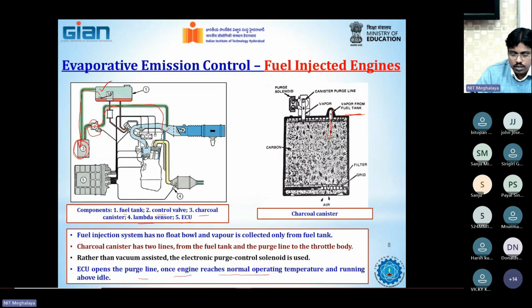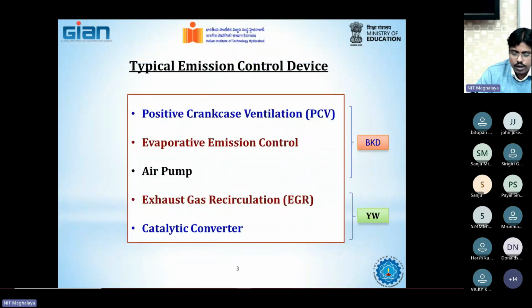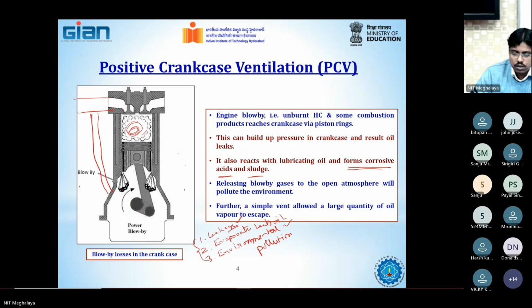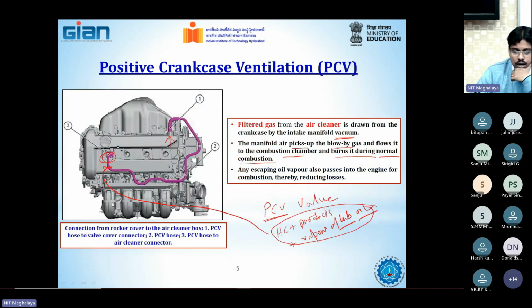So, in summary, what we have learned today is about positive crankcase ventilation. In positive crankcase ventilation, there will be some leakage of blow-by gases passing between the piston and cylinder, which may create problems inside the combustion chamber, and not only in the combustion chamber, in the crankcase also. So in order to safeguard that, we require a positive crankcase ventilation valve, which will be connected with the